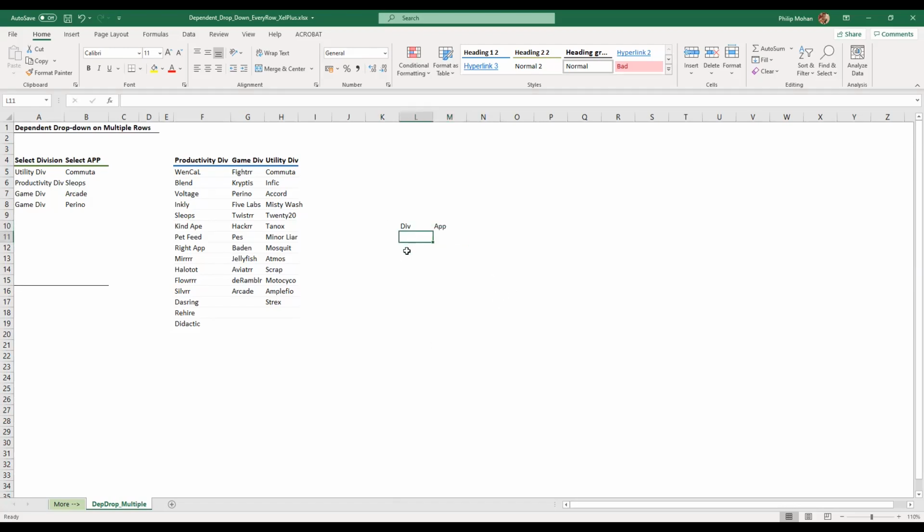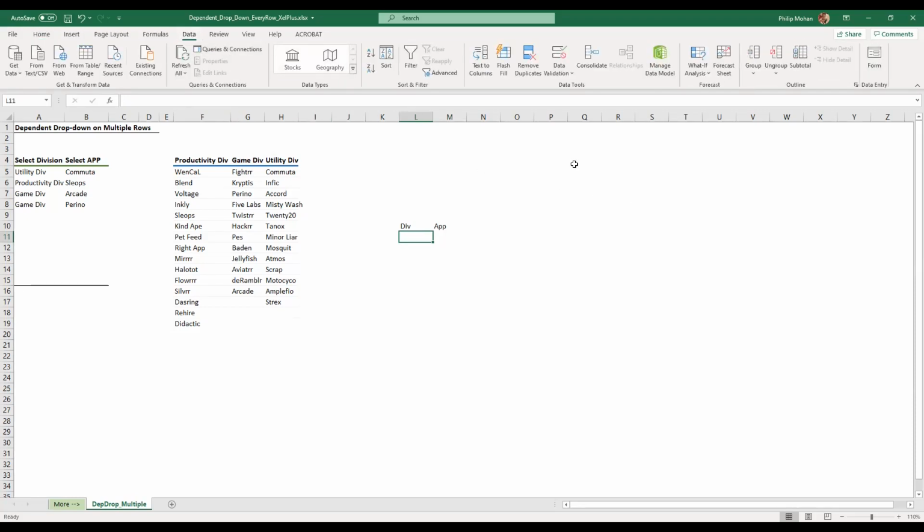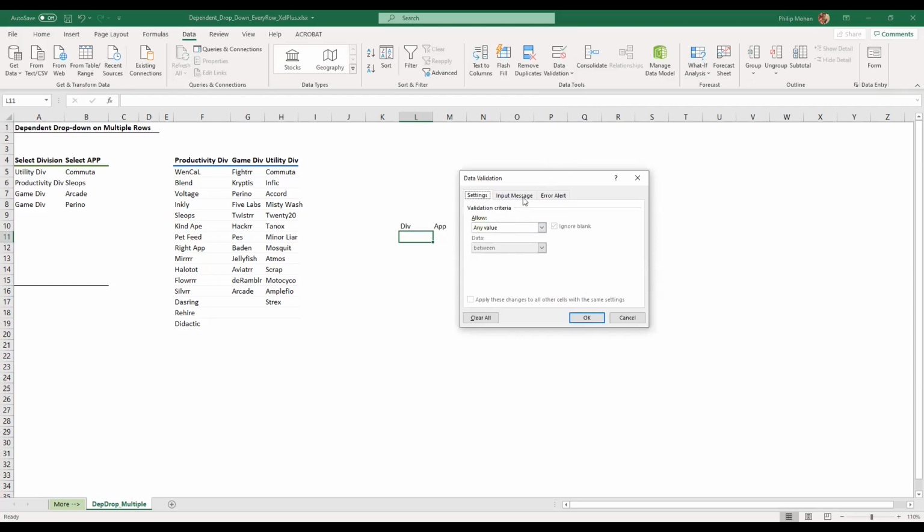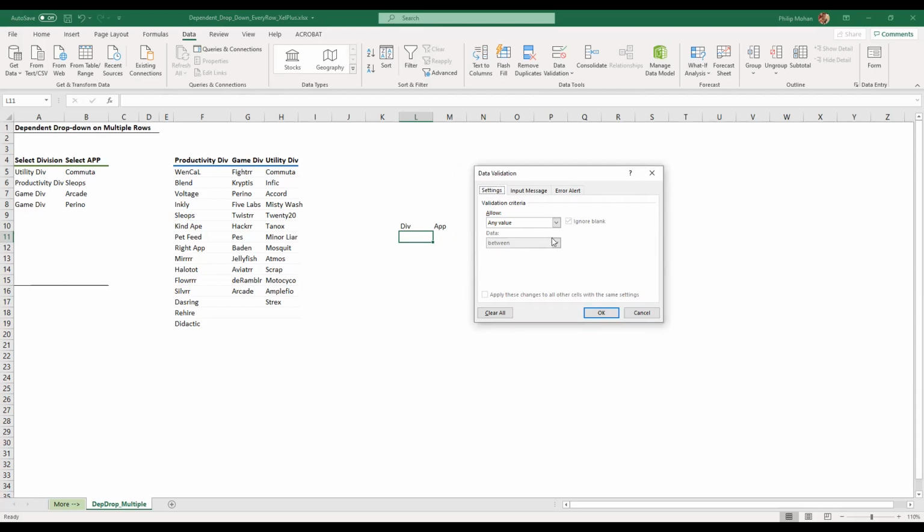Now, what I want is for the person inputting, I don't want them to just type anything. I want to give them the option of these three. So I go just below that and I go to data, and there is a small icon here called data validation. You need to click on that data validation. It's got multiple things. Click on data validation again. Then this screen comes up with settings, input message, error alert. I think we looked at it briefly the other day. Under division, the current setting is any value, which means you can type anything there and it's not going to validate it.